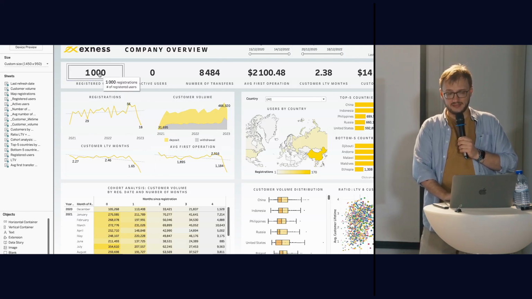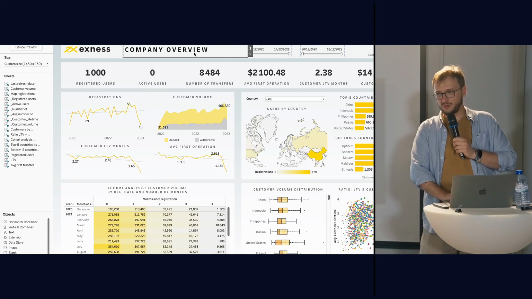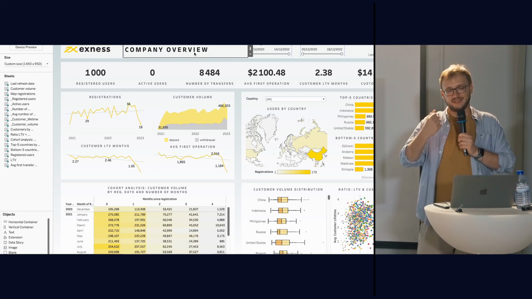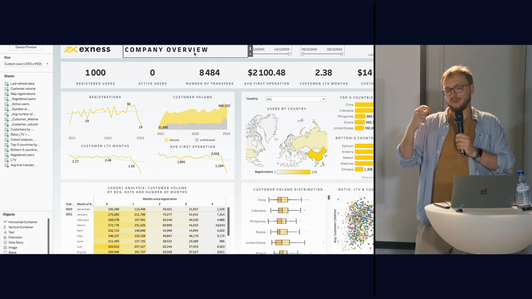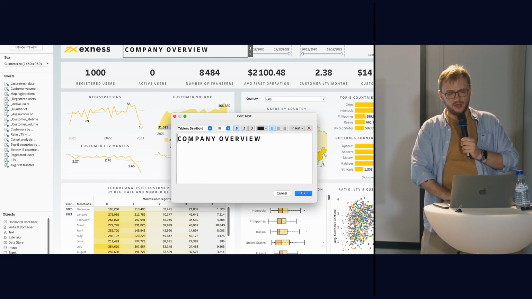Okay, if you have a text logo, I never recommend doing something with a full text logo, because if you have a text logo and some kind of dashboard title, each really close to each other, it is going to be read like one sentence. In this case, it's working like this because it's Exness company overview. But nevertheless, if you're speaking not about this particular example but some other title, it wouldn't be good. So that's why I would move this.